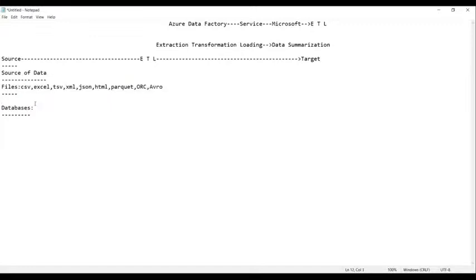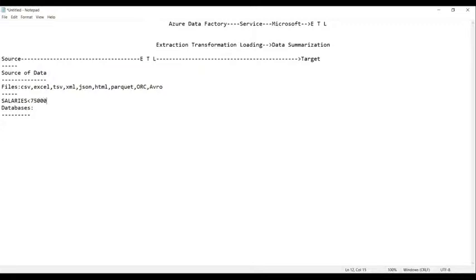The third reason is access, that means to get a particular piece of data. Suppose I want the list of employees whose salaries are less than 75,000.